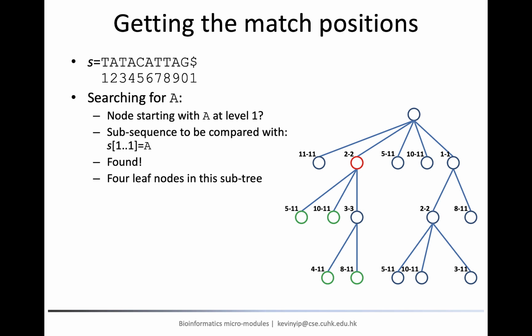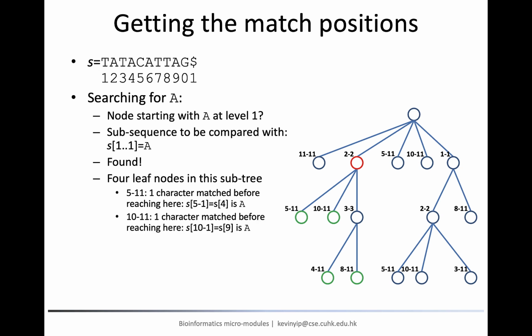When we go down the tree from the root, before reaching this leaf node, we have to first go through the red node, which represents a subsequence with 1 character, namely S2.2. Therefore, the actual suffix represented by this leaf node must start at 1 position before position 5, which is position 4. Therefore, we conclude that the 4th character of the indexed sequence contains 1 occurrence of the query. In the same way, for the second leaf node that represents positions 10 to 11, the suffix should start at 1 position before position 10, which is position 9.